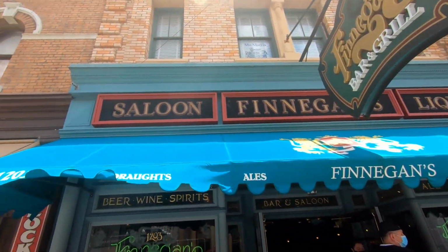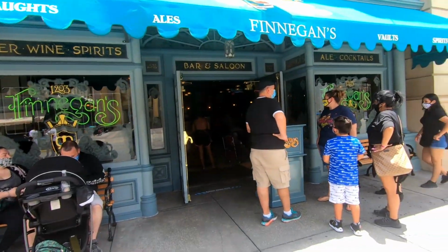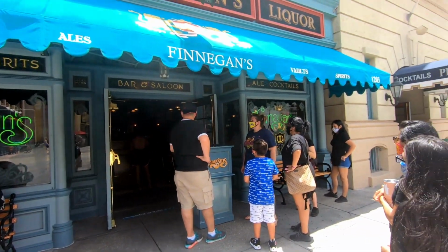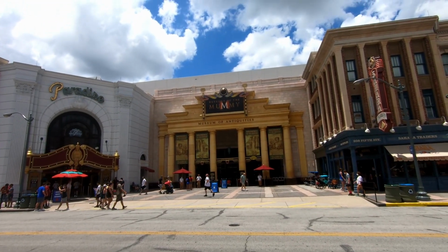We're at Finnegans. There's a bit of a wait by the look of it, but hopefully not too long. So Finnegans is right opposite Revenge of the Mummy. Finnegans has a 20-25 minute wait, so we're just going to sit in the shade for a little while and